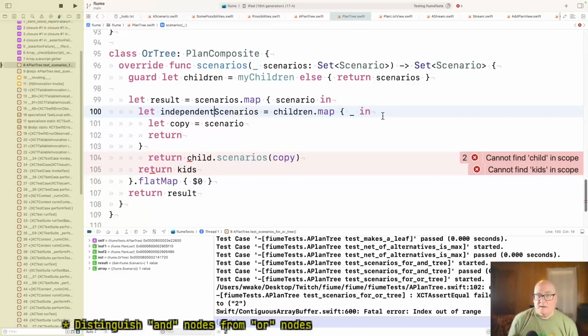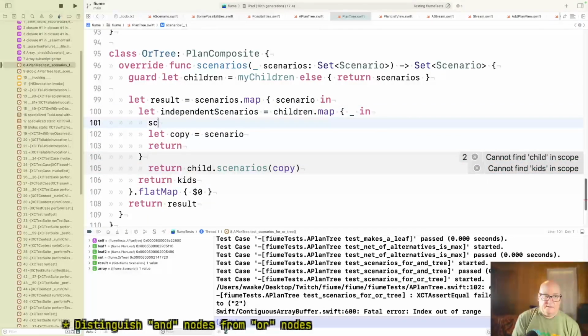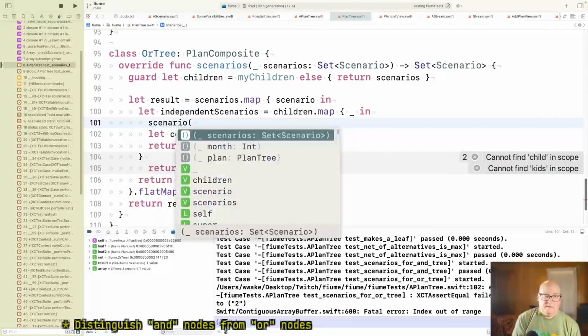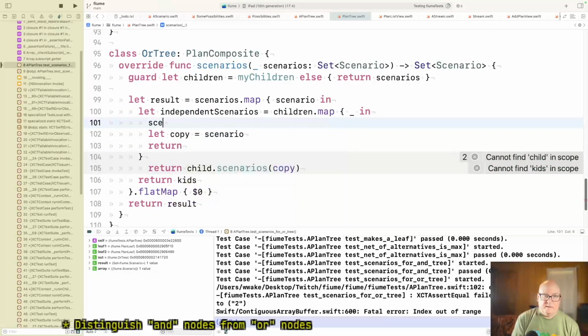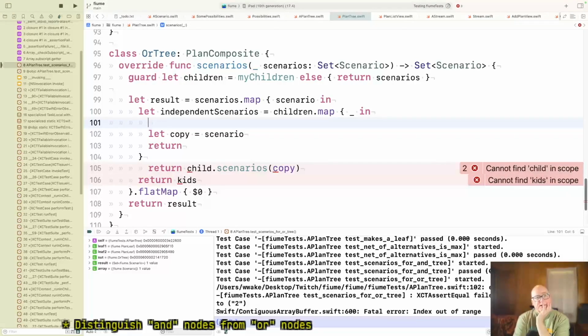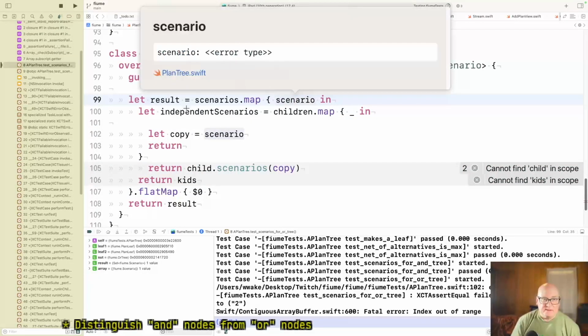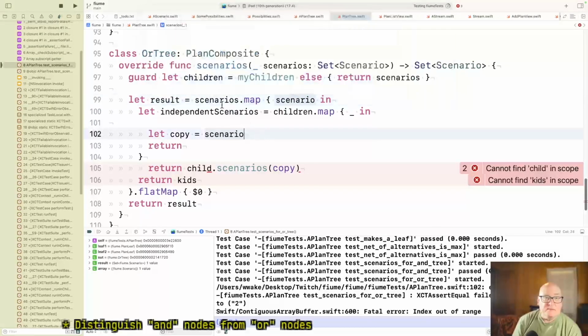And I don't know if I can. Well, I'm screwing myself up because scenario doesn't have that, right? Okay, I think I'm getting there. Convert set to a dictionary and map over that. Okay, scenario is a scenario, right? Not anymore. Okay, scenarios contains a set of scenarios.